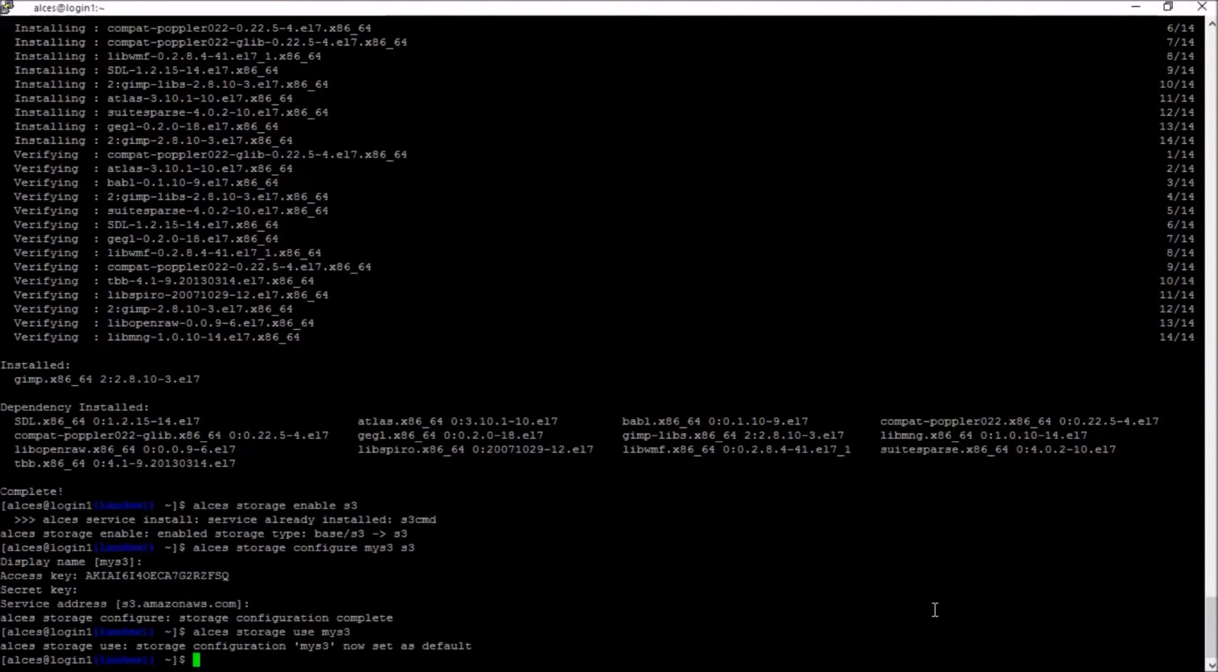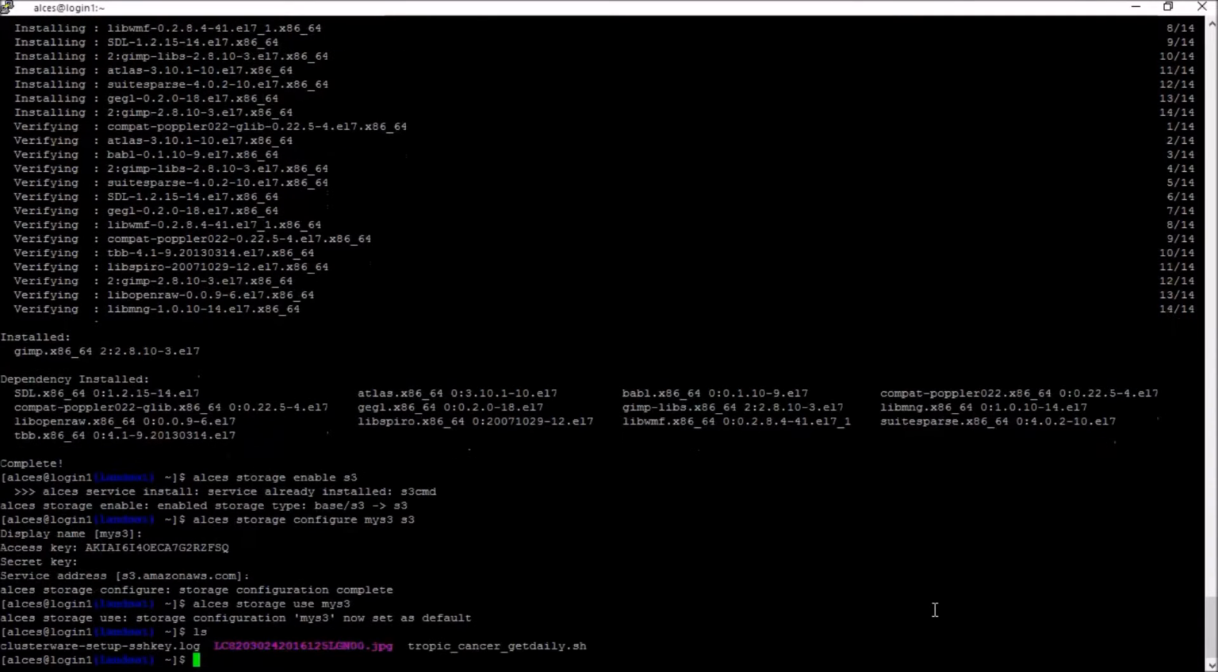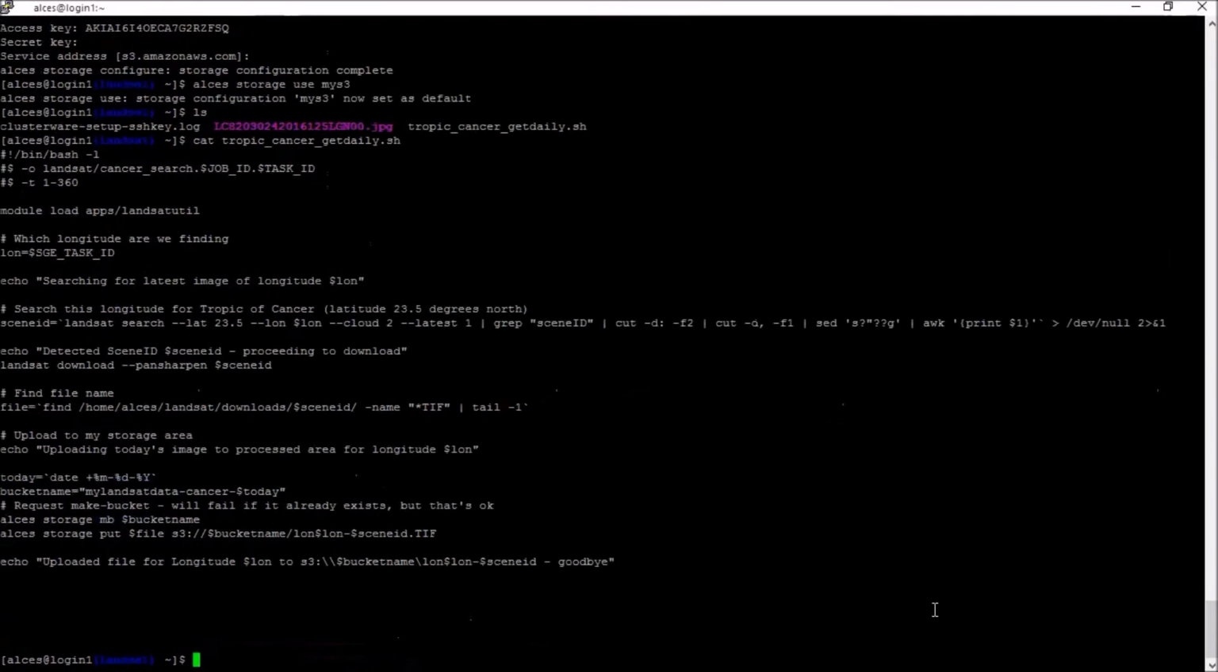Now, I've prepared a job script for this job. Let's take a look at it now. It's this one here. What this job script does is the following. Firstly, we set an output file location for our particular job. We then tell the scheduler to run this job as a task job, starting at task number 1 and finishing at task number 360. The compute nodes then load the module for the LandSat utility,